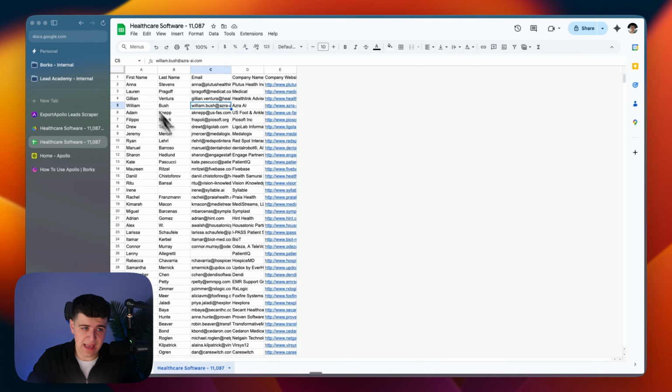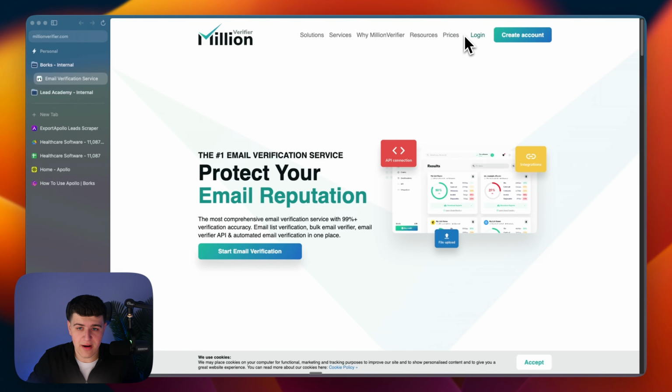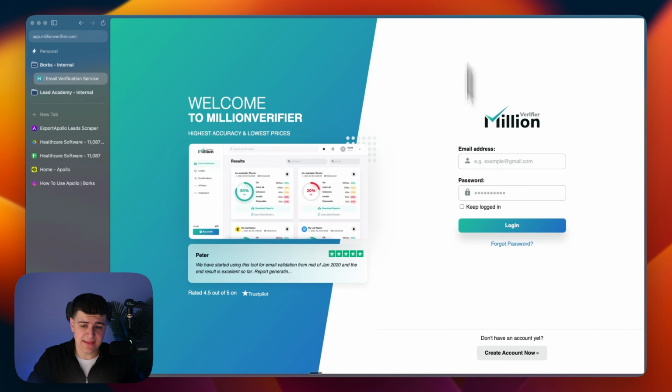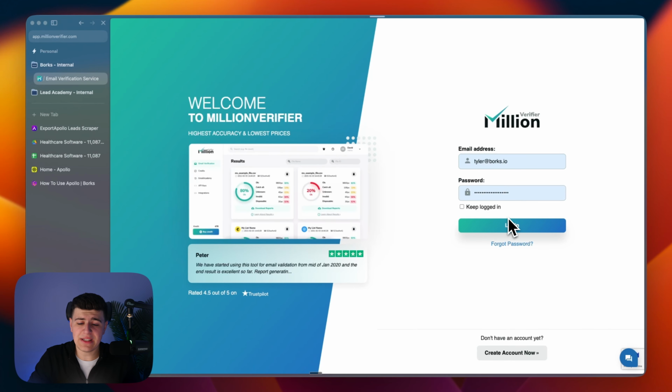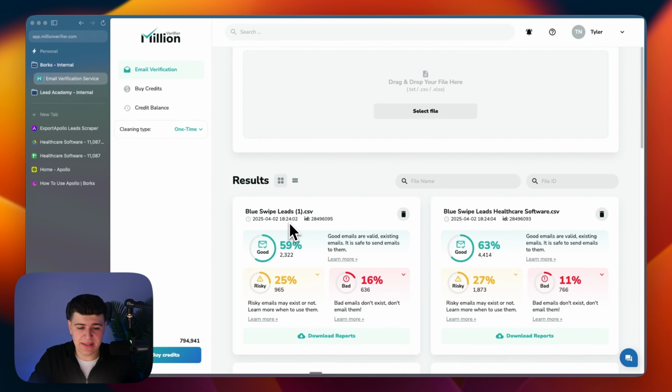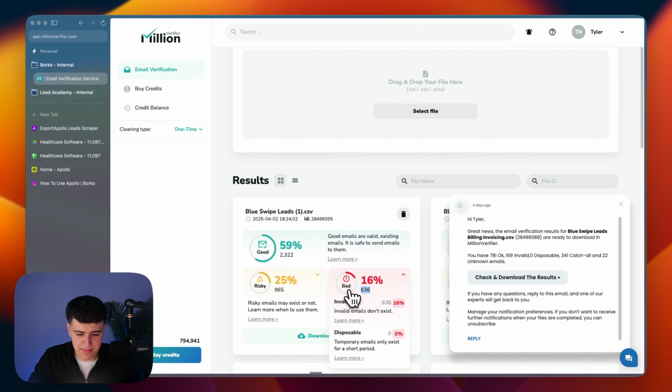So I'll take this list, and I would come over to a software called Million Verifier. I'm going to go here, and it's going to verify the leads. I'm not going to go into the specifics on what verifying does, but it basically just takes out the bad emails. You can see here, it takes out all of the bad emails. Maybe there are emails that just don't exist, emails that were canceled, stuff like that. The reason you take it out is because if you are consistently sending emails to these types of people that don't exist anymore, which is very inhumane, like a human wouldn't actually do that,